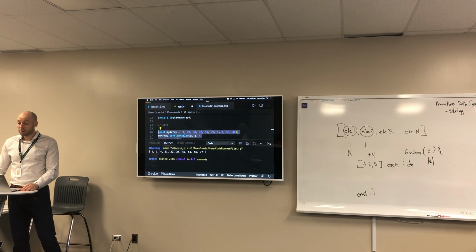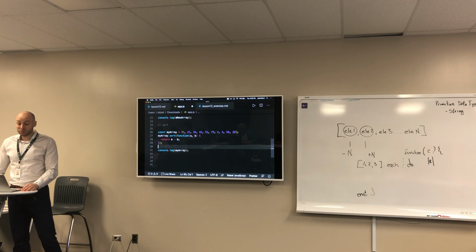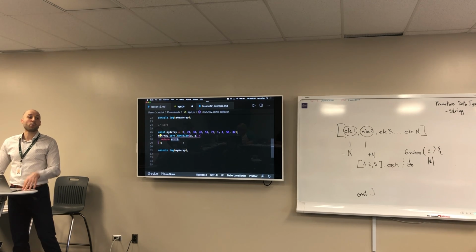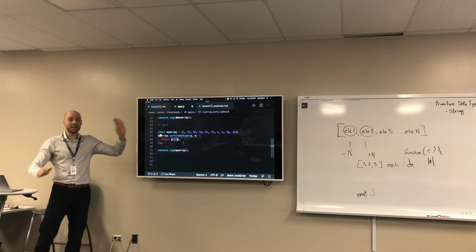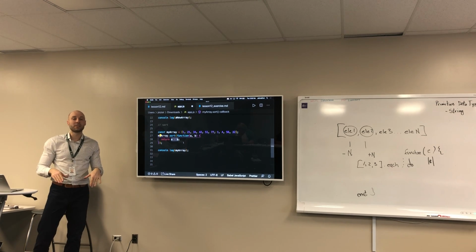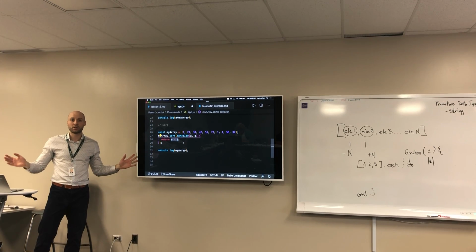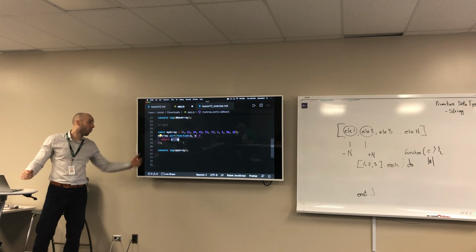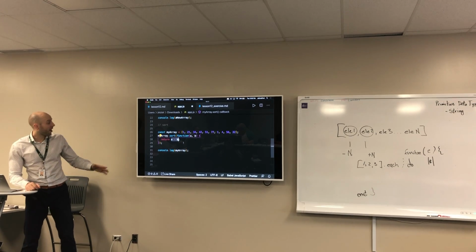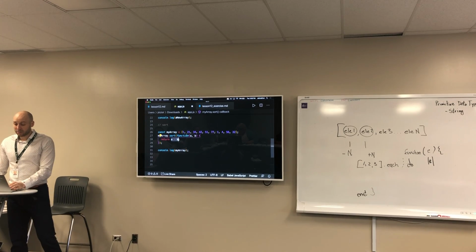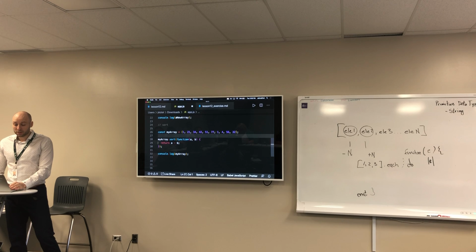I taught it, in a really, really simple manner, how to deal with two elements. And now that it knows how to deal with those two elements, it knows how to deal with the whole thing. Maybe I don't want them sorted like this. Maybe I want them sorted in a different way. Fine. The idea here is that my block of code